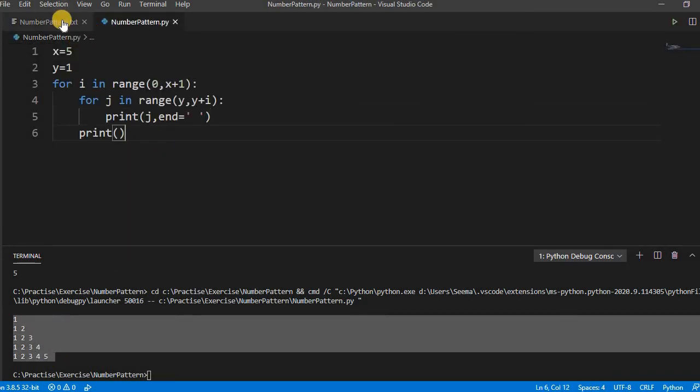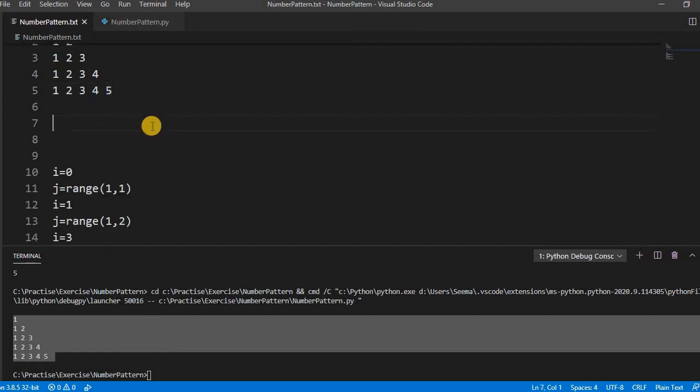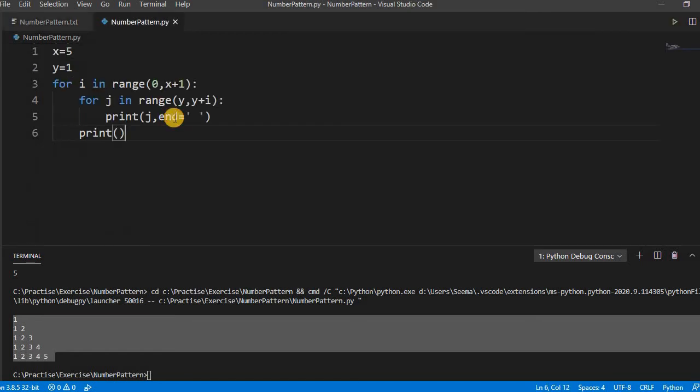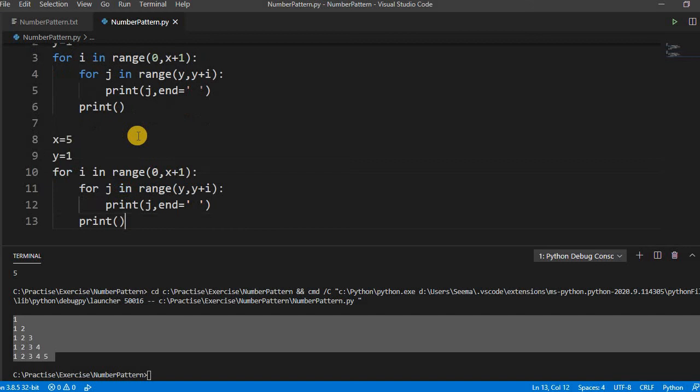And if you want to print the reverse numbers, like if you want to print something like 5, 4, 3, 2, 1, and then 5, 4, 3, 2, something like this, then how does it become? So we have to change this range, right? So we copy the same code and we make a bit of a change. How? See here, x will be the same. We are changing the value of y here because we are starting from 5, right?